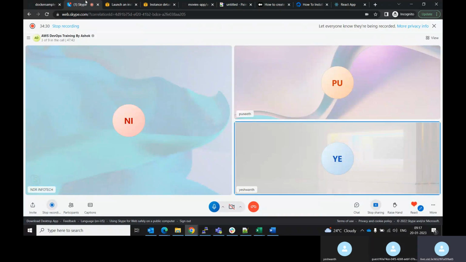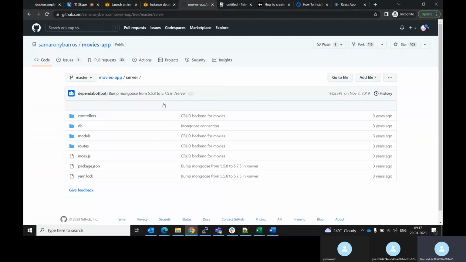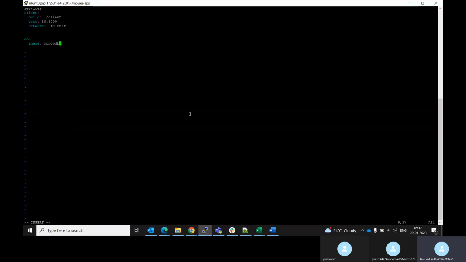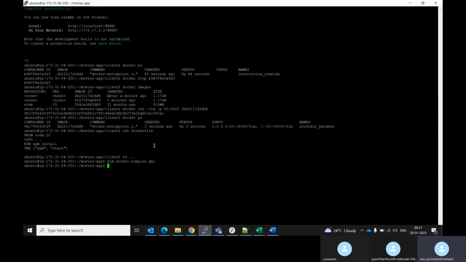Once you have made the changes and the application is running perfectly fine, you can copy this code, since you already cloned it, and save it on your GitHub. Going forward, it will be helpful for you. It's up to you if you want to save it, but I need the Docker Compose file